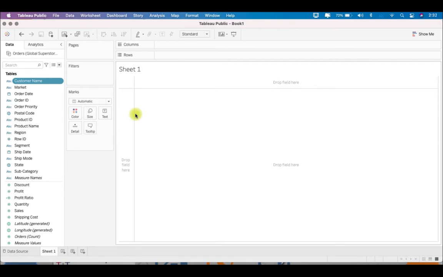Now, I'll first show you how a beginner or a novice Tableau developer would try to build the KPIs in the dashboard. So let's say we want to show four KPIs, maybe sales. So how much is the sales in my business? How much is the profit in my business? Then how much quantity is being sold in my business? And then the last one is what is the profit ratio. So these four KPIs we want to show on our dashboard.